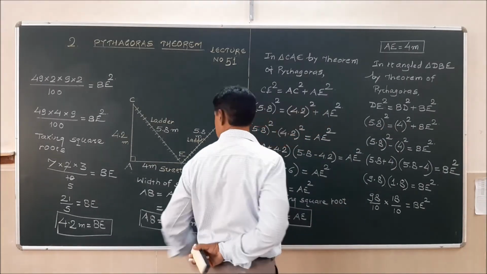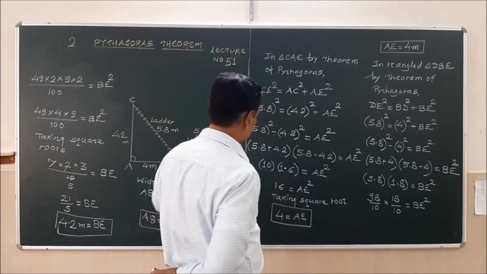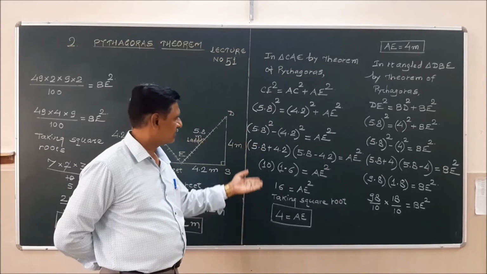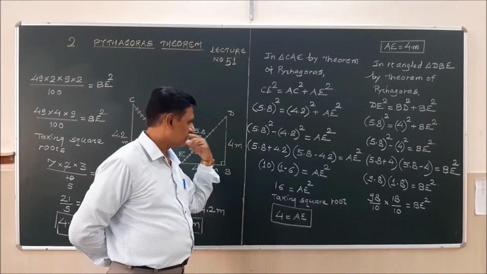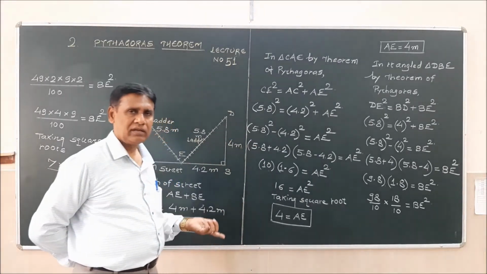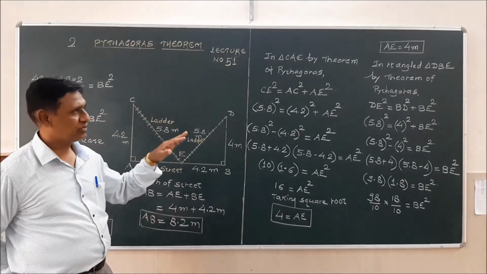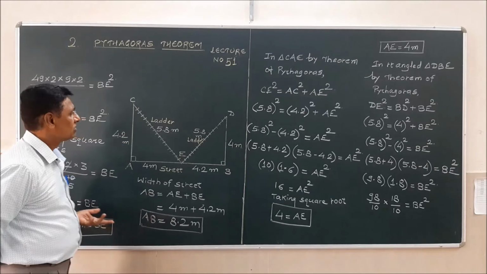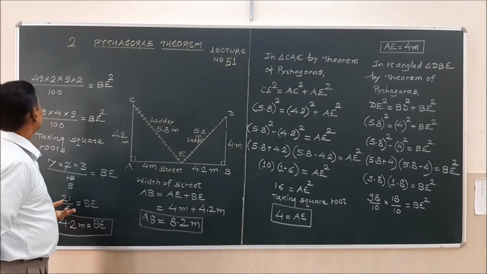You may get the answer instead of doing it in such a lengthy manner. But I prefer to do it this way because I find this very simple: 10 into 1.6, 16 and 4 and all. So it is your choice to follow this method or some other method. So this is how you will find. Here we finished